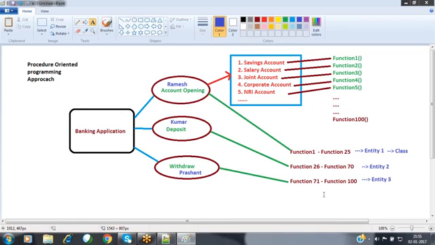Nothing but a class is like what? A cupboard. In that cupboard, we place our valuable items. What are our valuable items? Our procedures, our functions, our variables. We place all these things into the class, and we put a lock on it. Then what is the key to open that lock? That is nothing but an object. By using that key only, we can unlock it and access each and every item we have placed inside that cupboard.